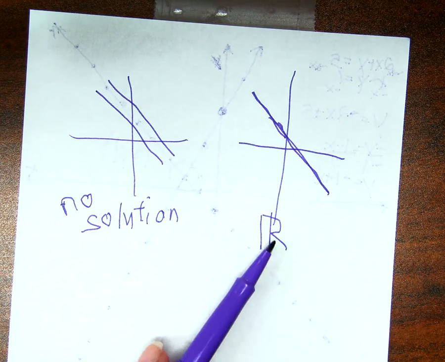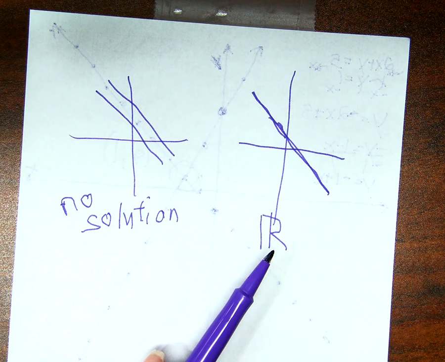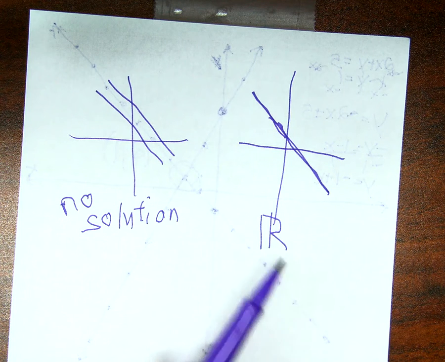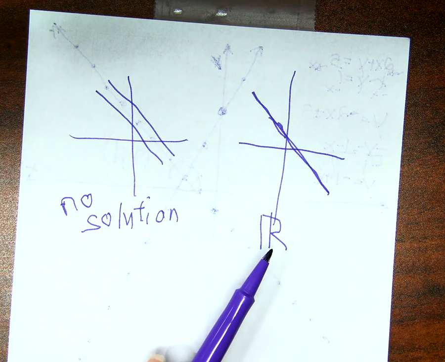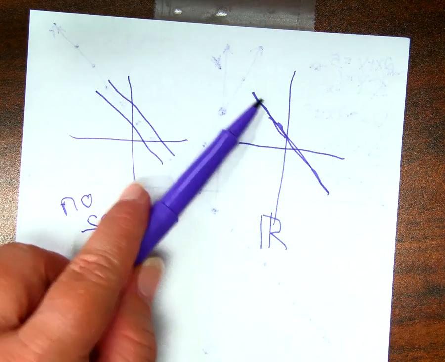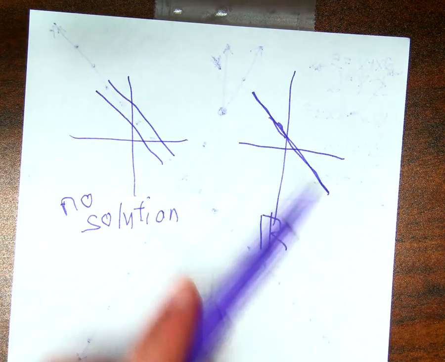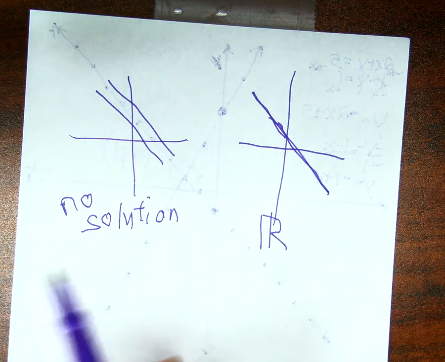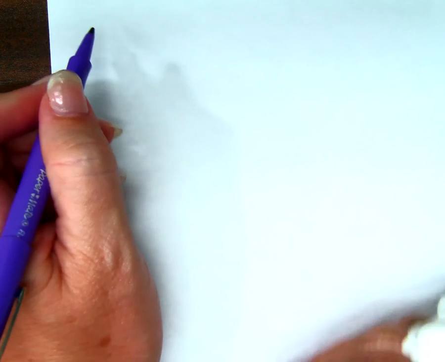Now, is it really all real? Is it all points possible? What are the points that are possible? On the line. So are you still okay saying all real as long as you know that it's points on the line? You okay with that? Okay. So are there any questions on how to solve a system by graphing? You got it? Okay, so what if I said take this system,